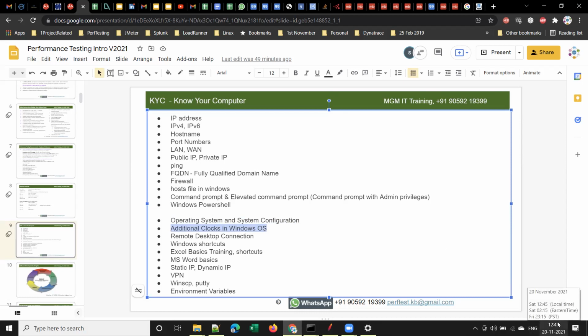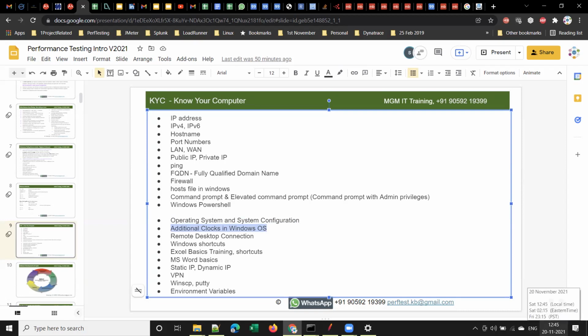Okay, but let me show you quickly. If you see on the bottom right of my machine's screen, have a look at the bottom right, guys. First it is showing local time. Are you able to see that, guys? Are you able to see the local time and Eastern time and PST? Yes, sir. Right. So this is additional clocks. This is what I am referring to.